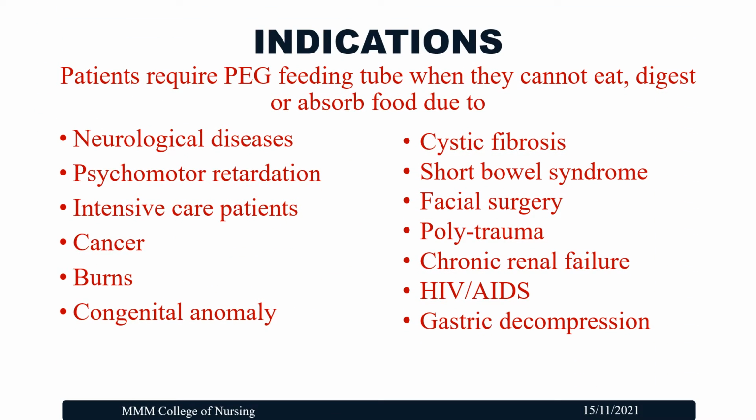Let's look at the indications for PEG procedure. Patients require PEG feeding tube when they cannot eat, digest, or absorb food due to neurological diseases such as cerebrovascular disease, motor neuron disease, namely amyotrophic lateral sclerosis, multiple sclerosis, Parkinson's disease, cerebral palsy, dementia, reduced level of consciousness, head